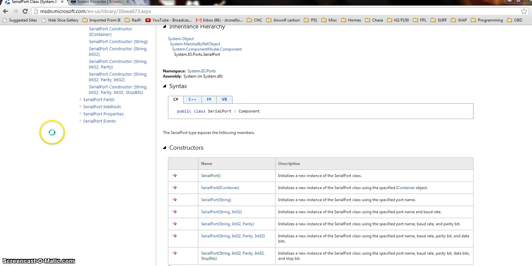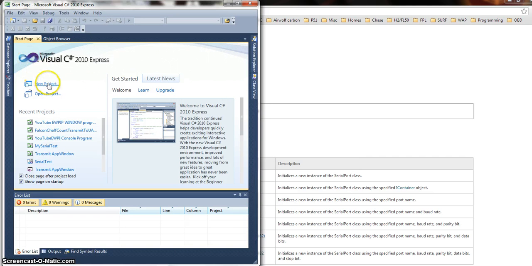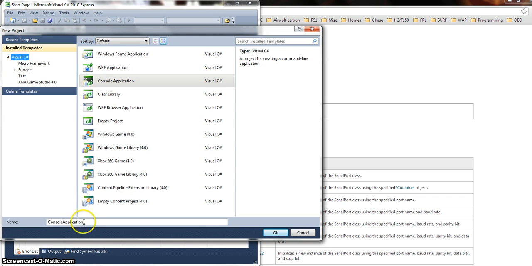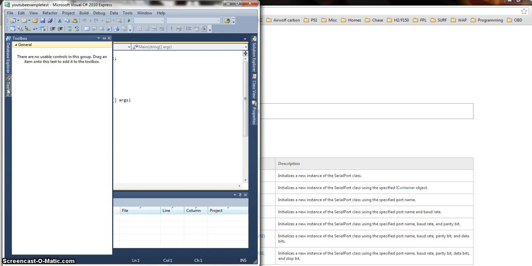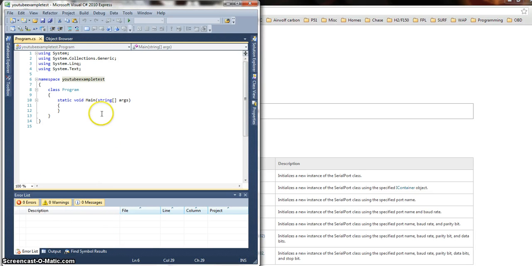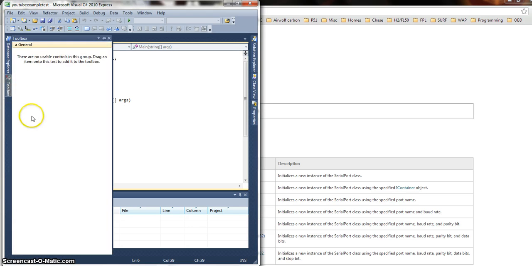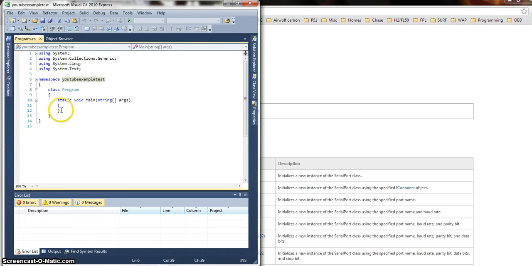So go to our Visual C# 2010 Express. New project. We'll keep it real simple as a console application, just the bare bones without windows, text boxes, and stuff like that getting in the way, so we can concentrate just on the serial port. Because the serial port is part of the .NET framework and built in, if this was a Windows application program, we could go over to the toolbox and there'd be a serial port class we could just drag and drop. But because this is a console application,